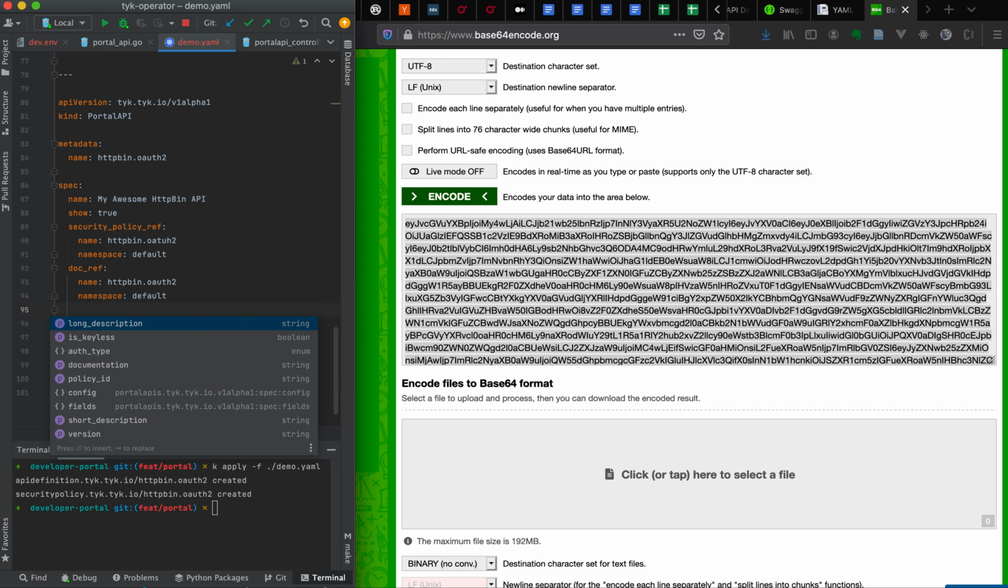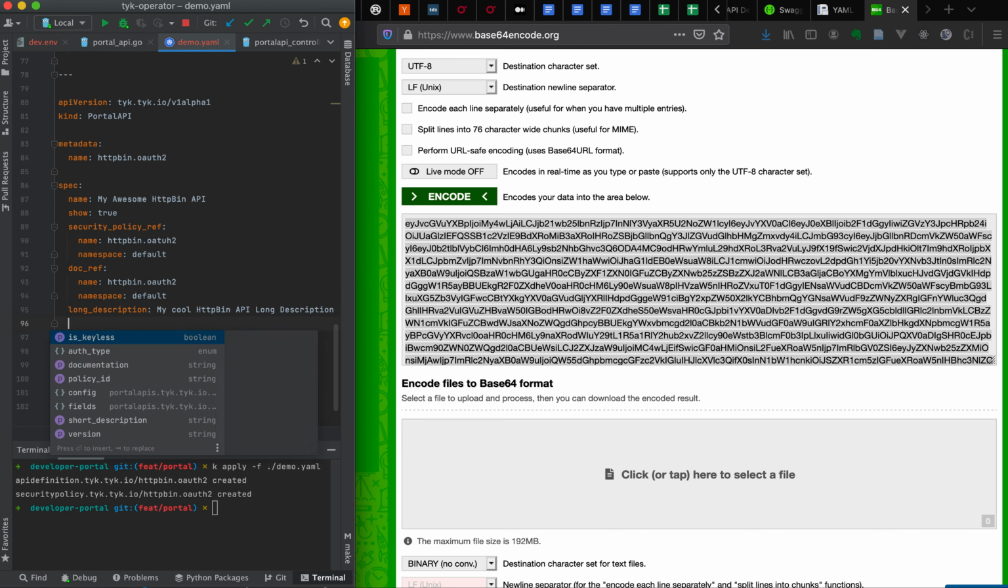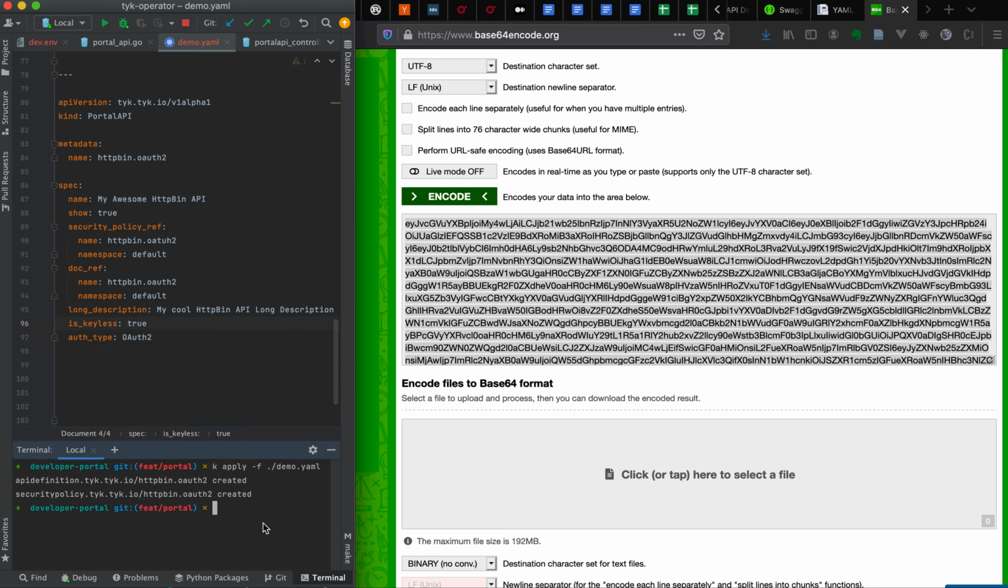So anything that I'm missing, let's give it a description. My cool HTTP bin API long description. Now we're going to specify is keyless true. This will remove the button, and auth type is going to be OAuth2. Anything else that we need in here? Nope, that's fine. So if I go ahead and apply these changes,